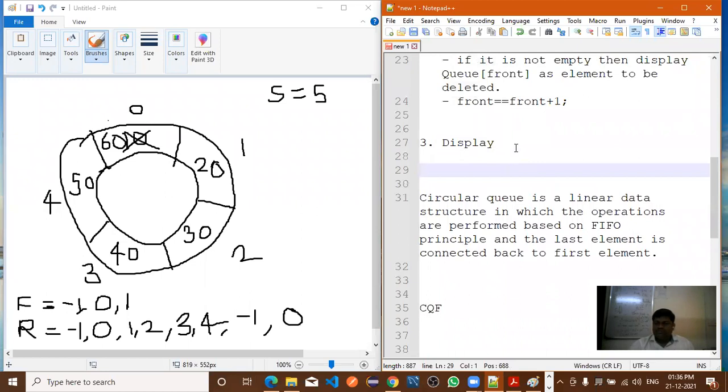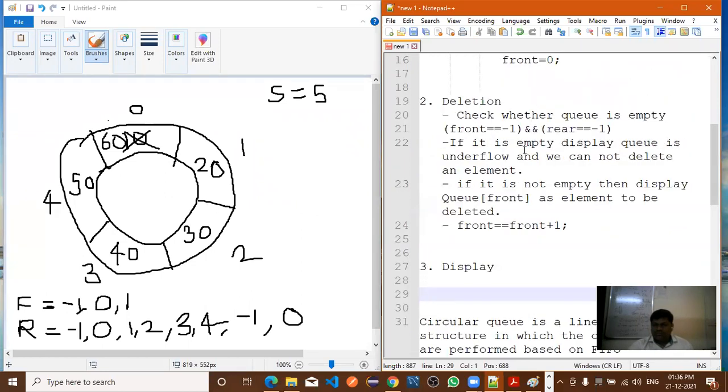Then we also need to give a condition for the front pointer, from max back to 0. From max to the 0. Yes. So how to check that condition? What do we need to do for that? I forgot to write it here. Front equal to what do you need to check? Front equal to size - 1. Directly I will write here. So at the time of implementation, this will be useful for you.